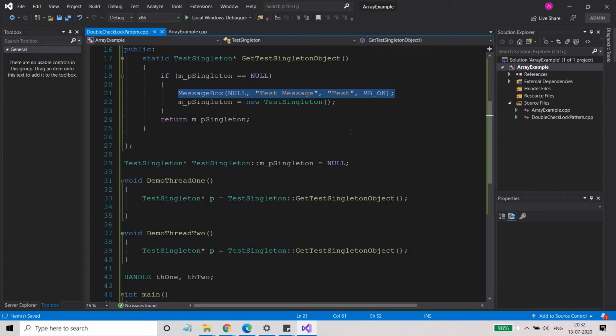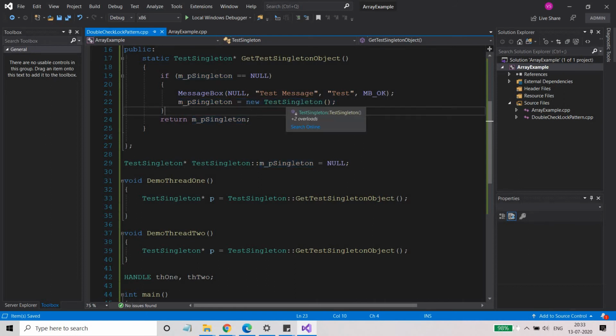So when we run this application, both threads will try to create this singleton object, and both will reach here, right? Whichever is the first thread will reach here and wait for the operator to click on OK. But the operator will not click on OK, so this thread will be in the sleeping state. This thread will not get the time slice again. Meanwhile, the second thread will come, and it will also reach here. Why? Because this MP singleton will still be null, because you are waiting here. So this instruction has not been executed.